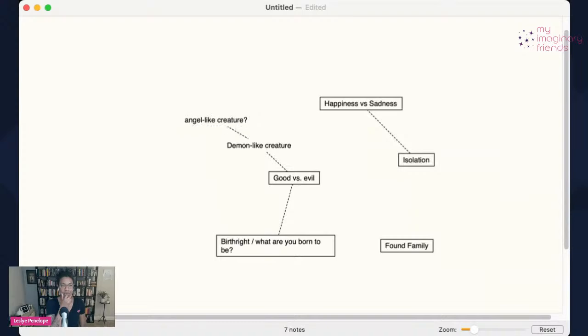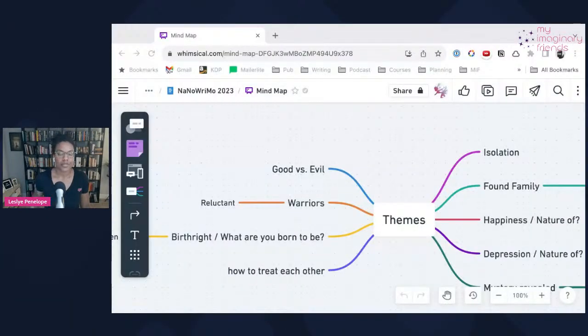I will show you. I started one in Whimsical earlier, and I'll just show you really quickly because I thought it might be helpful. There we go. So Whimsical, the software, doesn't let you link any box to any other box randomly the way Scapple did.